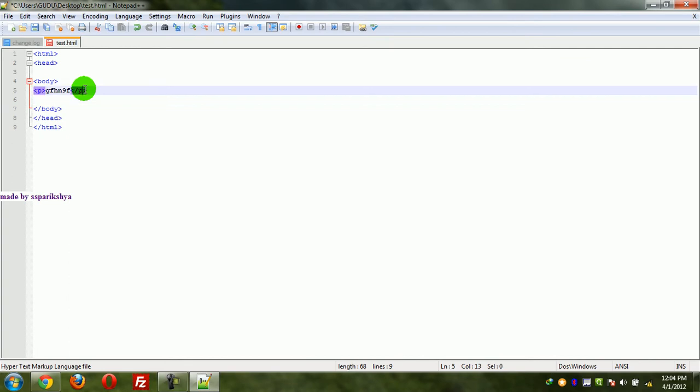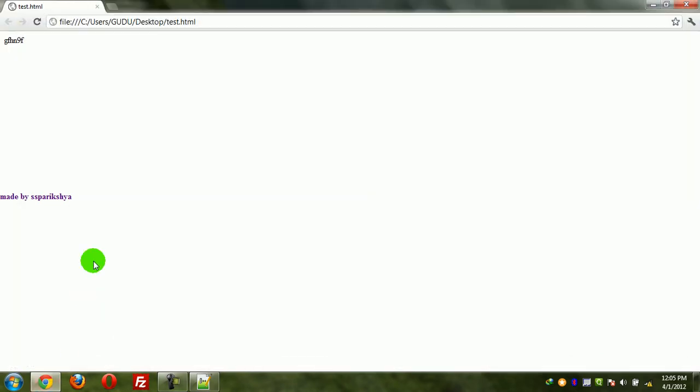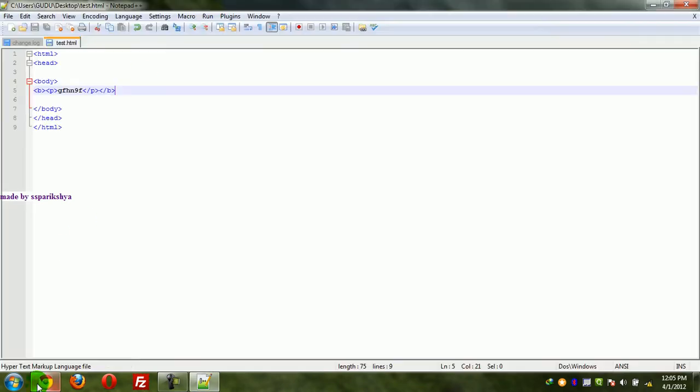Okay, let's type. After you save that, refresh this, and you can see that the text inside the paragraph tag is bold. If you use the strong tag,